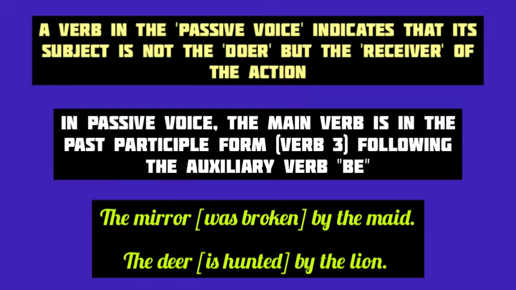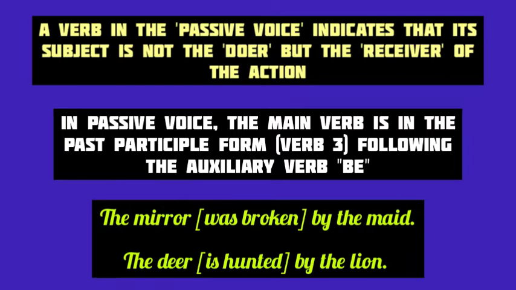We also know that in passive voice, the main verb comes in the past participle or third form after the auxiliary verb be. For example, in the sentence, "The mirror was broken by the maid," the verb "was broken" is in the passive voice. See here, in the passive voice construction, "was" is the past form of the helping verb be and "broken" is the past participle of the main verb break. And the passive verb "was broken" indicates that the subject "mirror" is not the doer of the action but receives